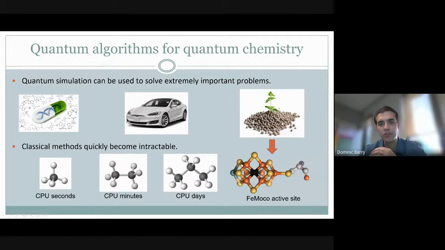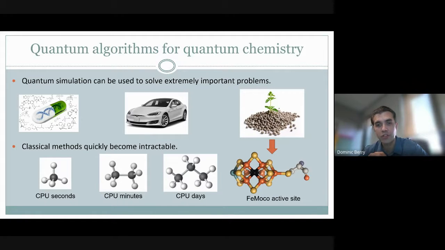Fertilizer is produced using nitrogen fixing, and there's a very inefficient nitrogen fixing process, but the biological nitrogen fixing process is much more efficient, and that's based on a chemical where the active site's called FeMoco, which is quite a large collection of atoms, which includes some fairly heavy atoms,